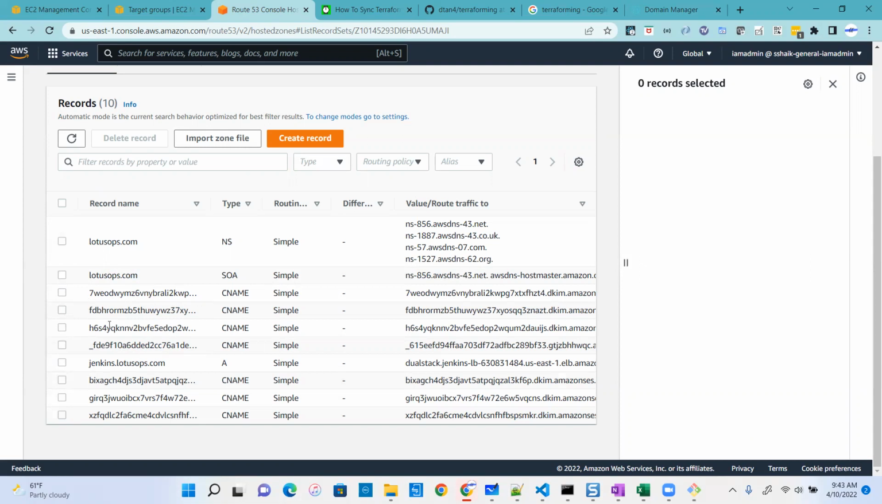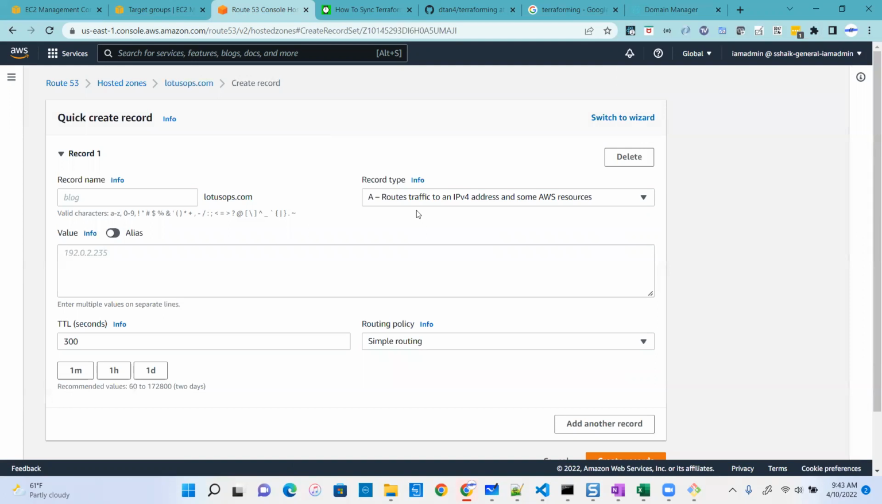You can ignore all these long names. Those are automatically created by AWS. Okay, the important one is this over here. This 1 and 2 were automatically created when I created a hosted zone. So NS and SOA were automatically created. I created this A record. And for the A record, you click on create, you select A over here, and you can map this to